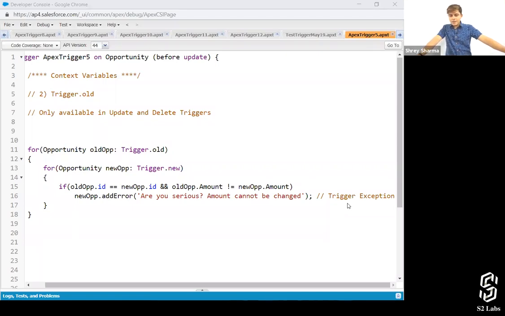Disha asks whether changes can be made when the trigger is active or inactive. Yes, you're right, Disha. You can modify the code of the trigger no matter whether it is active or inactive. It is not compulsory to inactivate the trigger in order to make any changes in the code.